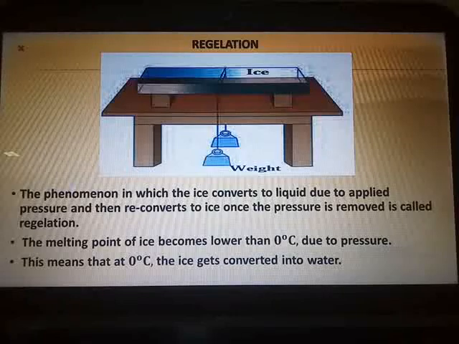I hope you have understood. This activity and this topic is very important from the board examination point of view. They can provide you with this entire activity and then ask what phenomenon takes place, how the ice slab does not break, define that phenomenon and explain it. So all this is your explanatory part. In your own words you can explain it.